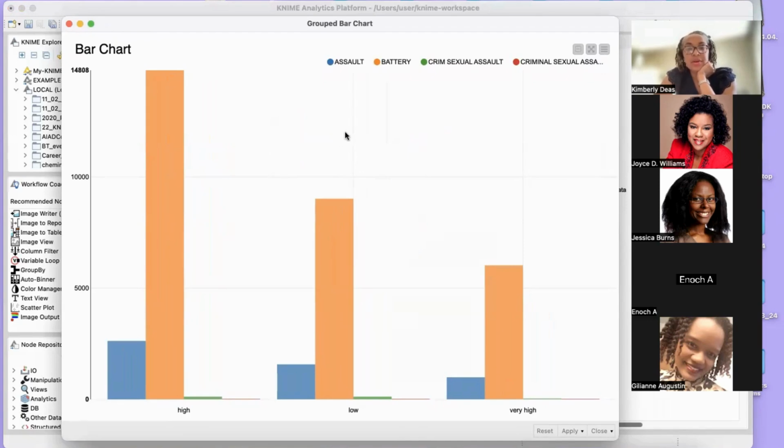So as you can see here, battery is associated with a high number of incidents. There's just a lot of crime that you see here in Chicago, right? So the question is, which one is most prevalent? Chicago has a reputation for being filled with crime. As we're looking at this, high is not good, but based on what you see on TV and here, you would have thought that it would be very high, right?